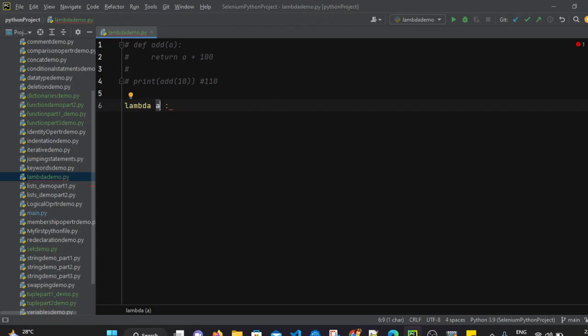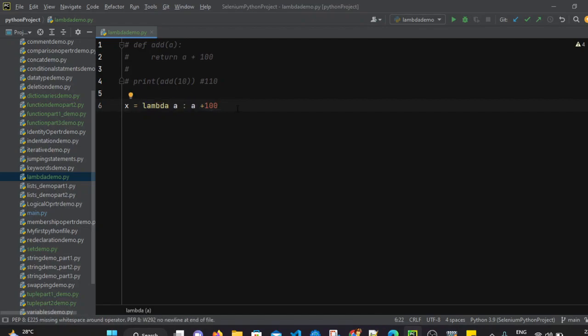We have received the parameter a, so I will simply return a plus 100. This expression will be evaluated and it will return a plus 100. We can store it in one identifier, let's say x. So x is a variable or function expression in which we are storing the value written here.